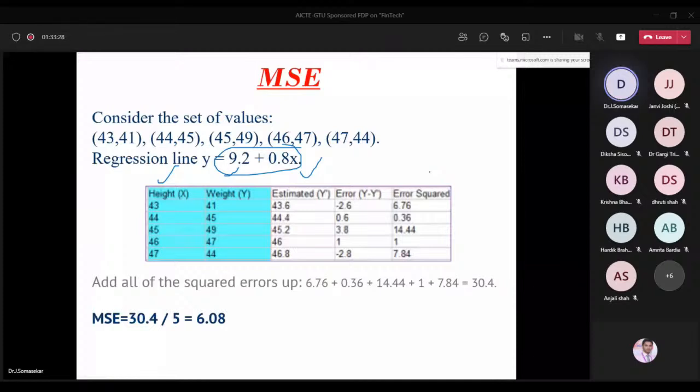Whatever correlation coefficient we got, we can take its square. The correlation coefficient formula is the covariance of xy divided by the standard deviation of x times the standard deviation of y. That is the statistical formula. Just square the correlation, rho squared, or we can call it R square. That is called the R squared measure.